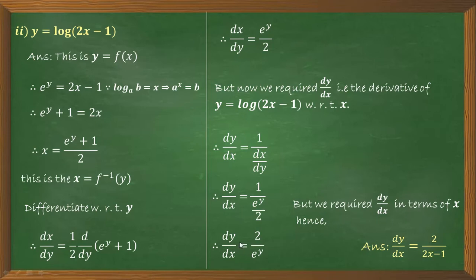So to get the derivative in terms of x, you have to use some previous steps, by which you will get the derivative dy by dx in terms of x. Again, see the given function is this. First of all we find its inverse, we take the derivative of the inverse, and then by that theorem we find dy by dx, and finally we require dy by dx in terms of x, and hence we get this answer. Such types of questions are given in your exercise. Try to solve them, see carefully.